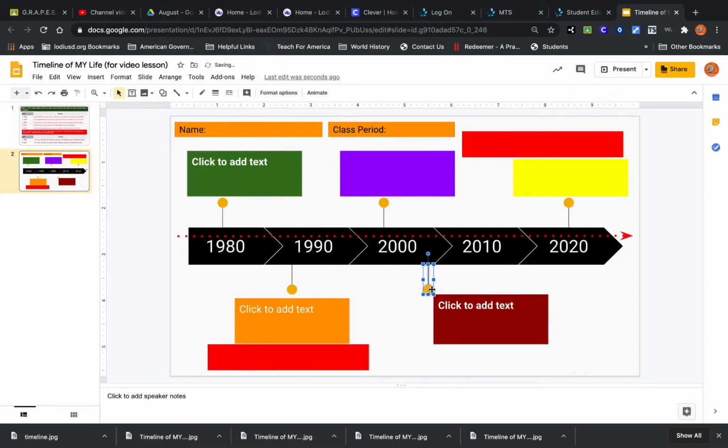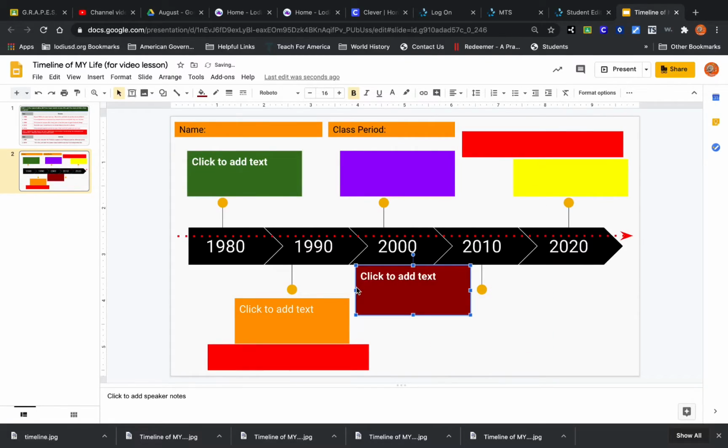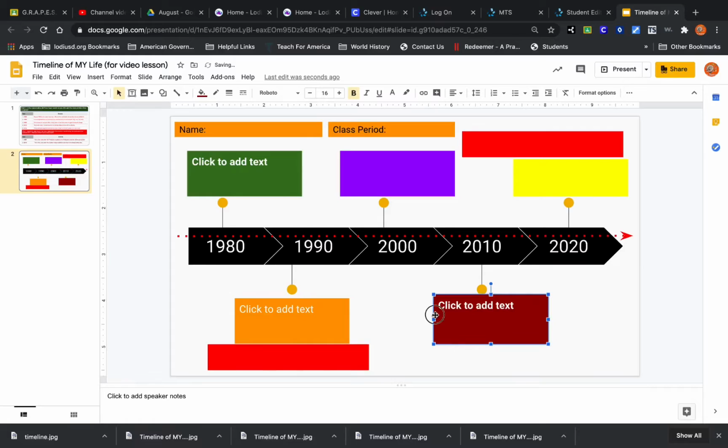Now let's go to the second part of this assignment. So all you have to do is transfer the information that you have in the first slide. In the middle is the timeline, and I divided it into 10 years, or a decade, so from 1980 to 2020. And the boxes are movable. Of course, as far as the timeline is concerned, yours is a little bit different. I did not arrange it from 1980 to 2020 or by the decade because obviously you are just a little bit older than a decade.